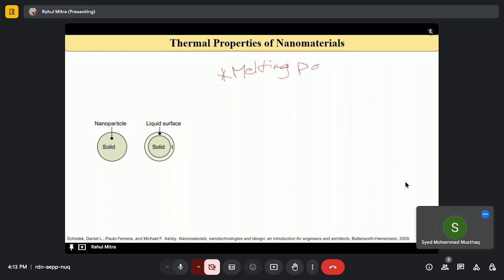Melting point of nanoparticles, right? So for example, if I have a solid particle like this,